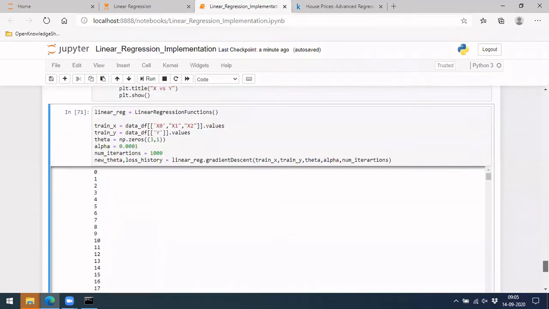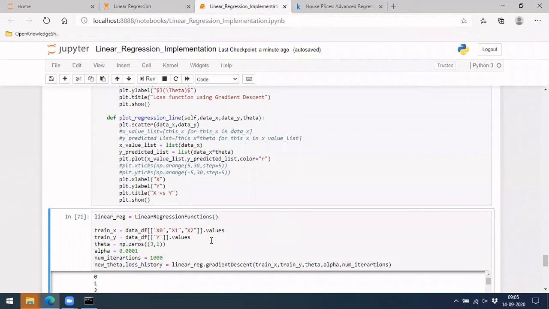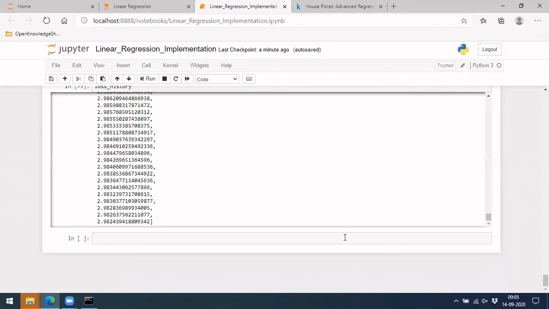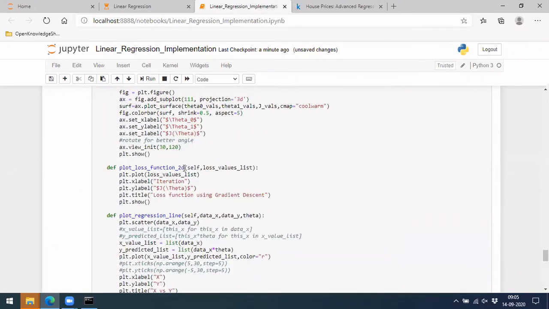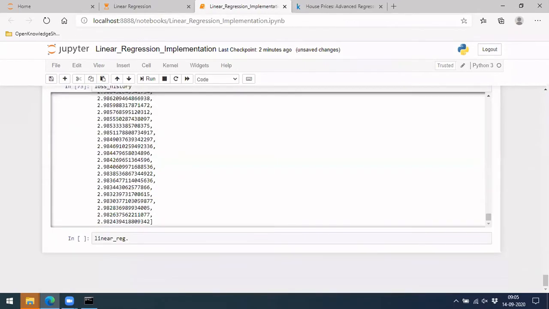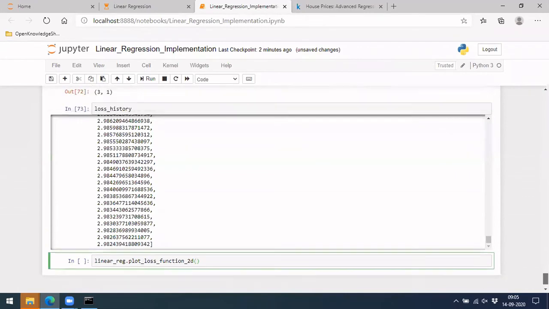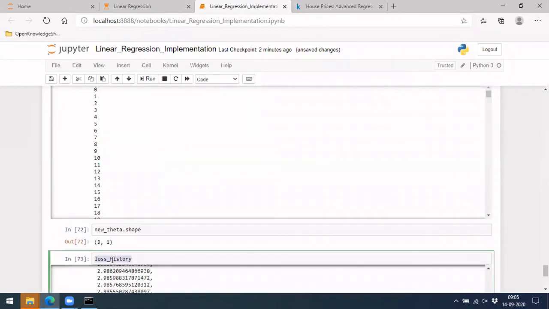So let's see the plotting of these things. Let's plot the loss value, then we can see if it is learning or not. That is the first thing. So plot the loss function of loss history.